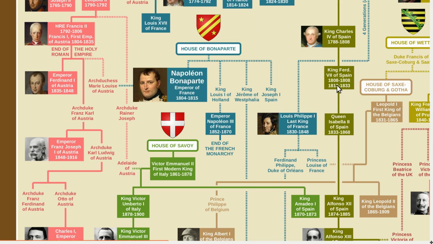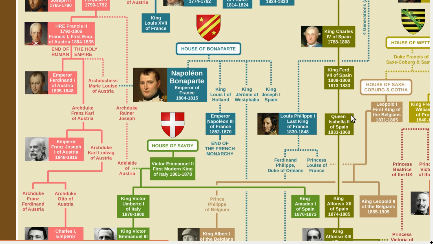And there were those that disagreed with this decision, and they supported Isabel's uncle, who was a brother of the king. His name was Karl, and his followers became known as Carlists. And for the next 100 years, there were various wars in which the Carlists had a different succession, and they wanted their male-only line to take over the monarchy. But they never did succeed, and Isabella became queen, but she ran into a different problem with a different faction,